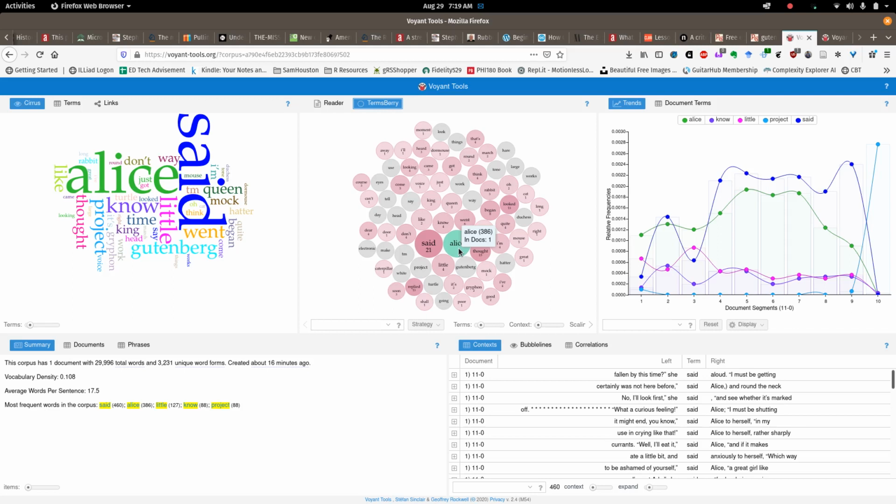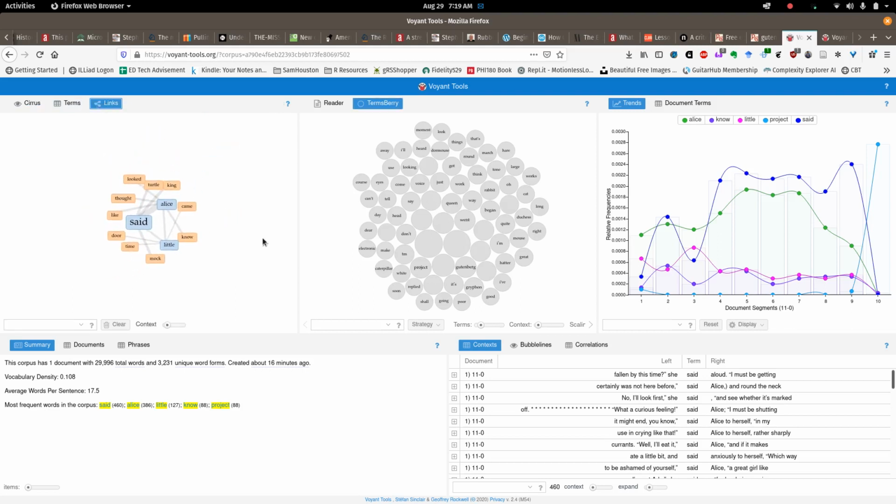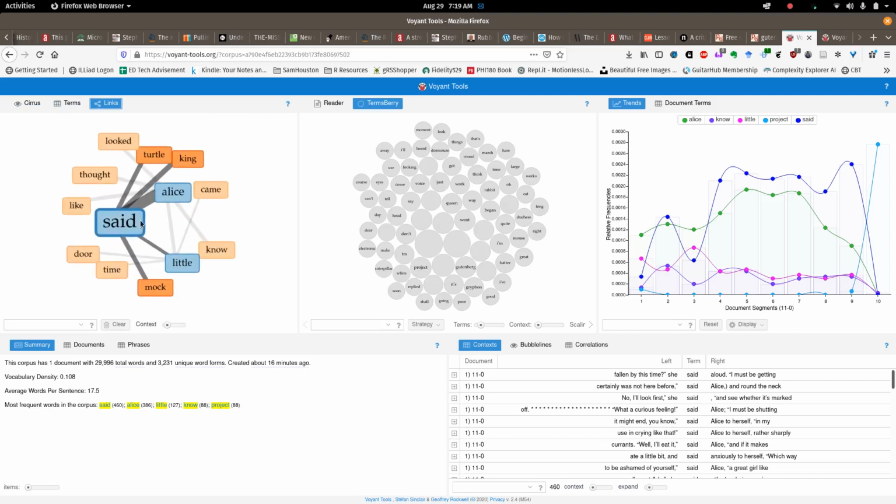She's connected to Dormouse and Moment and Queen and Rabbit, etc., etc., etc. Okay. Now we hover over the word said, and we see different levels of how those things are connected, and the different colors indicate various things. Okay, so lots of exploring to do there. One other tool that I really like is this links tool. So this creates what's called word collocations,